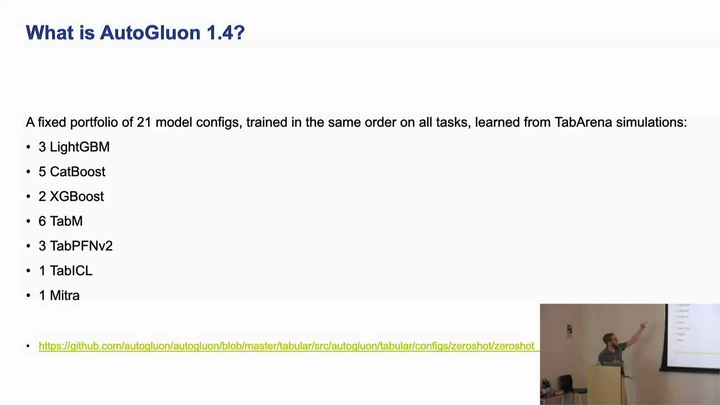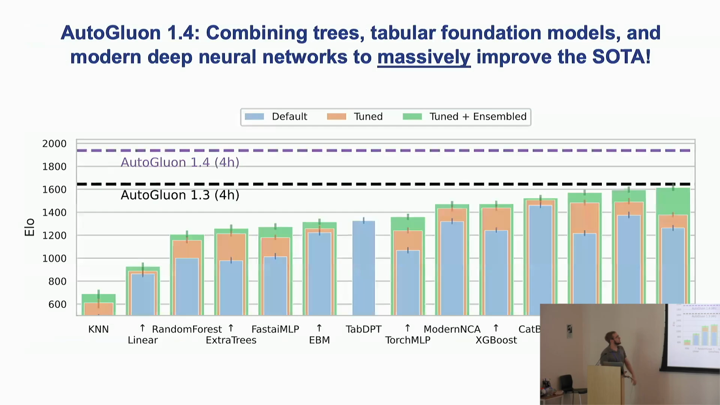It's 3 LightGBMs, 5 CatBoost, 2 XGBoost, 6 TabM models, 3 TabPFNs, 1 TabICL, and 1 Mitra model. And you can find the exact hyperparameters for everything here. And so this completely shatters the state of the art. It's 300 Elo higher than AutoGluon 1.3, and it has, I think, an 88% win rate versus AutoGluon